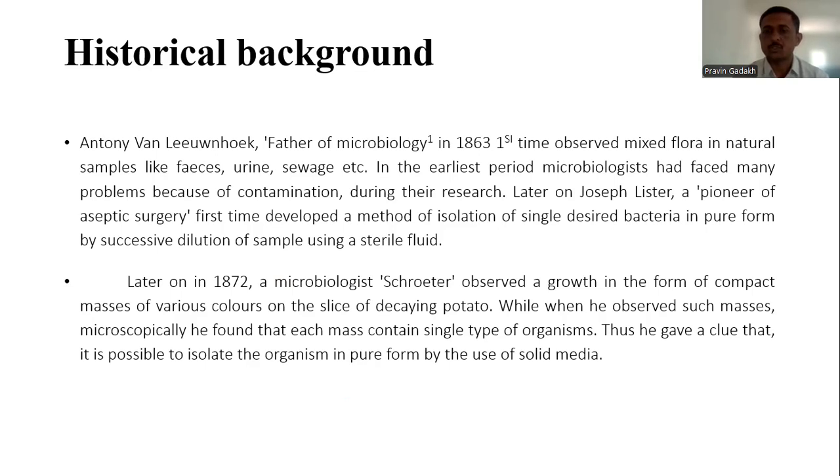After that, Sir Joseph Lister isolated a single type of organism by performing the serial dilution method, and he obtained a single type of organism, which is nothing but the pure culture of that particular organism. Later on, in 1872, a microbiologist, Schroeter, observed a growth in the form of compact masses of various